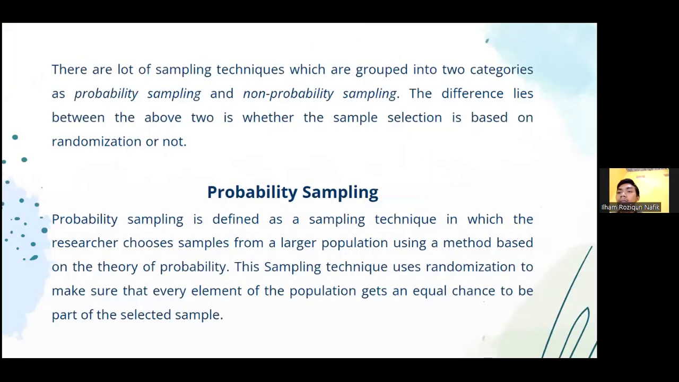Okay, thank you, Nova. Next is about sampling techniques. In sampling techniques, there are two types: probability sampling and non-probability sampling. The first one is probability sampling. Probability sampling is defined as a sampling technique in which the researchers choose samples from a larger population using a method based on the theory of probability. This sampling technique uses randomization to make sure that every element of the population gets an equal